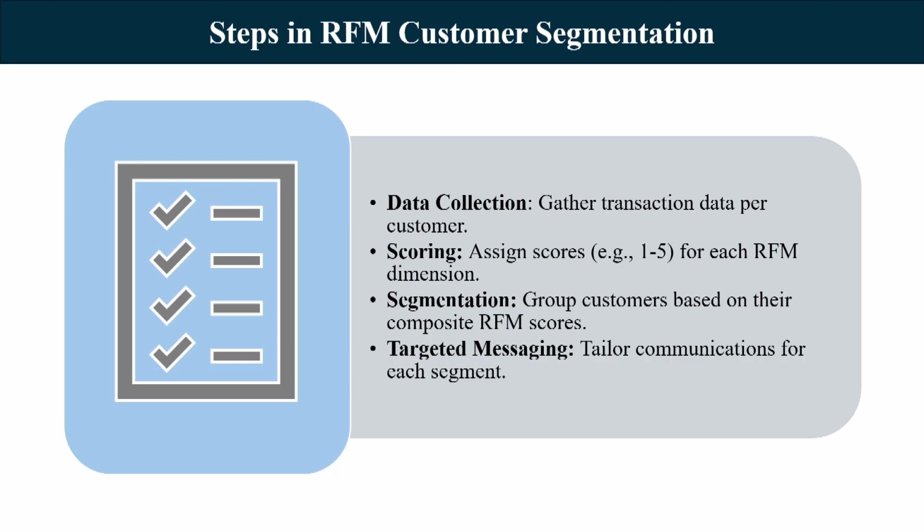It can be 555, it can be 535, it can be 511, it can be 111. The person who is having the 555, they are the hotspot customers, they are the most valuable customers for the organization. And the person having a score of 111 probably they are hibernated customers, they are of no value as of now, as far as the current dynamics of the business is concerned. So basically, if we score between 1 to 5, we will come up with 125 combinations,